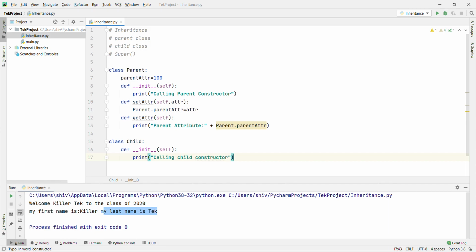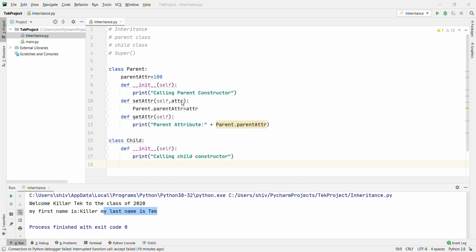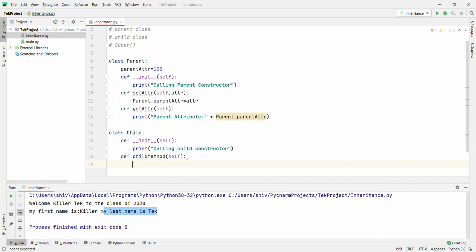Now defining the child method, print "calling child method". This is the parent class, this is the child class. You have to pass parent attribute here.